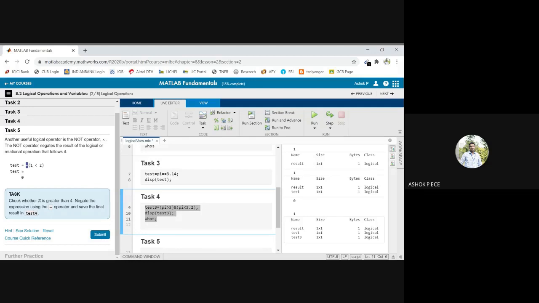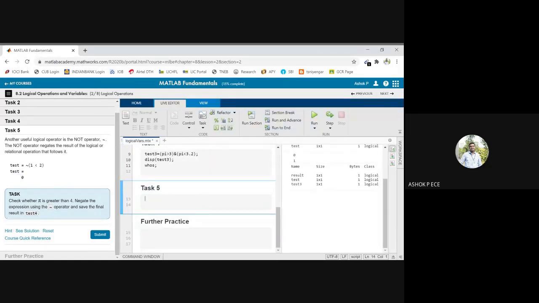1 less than 2, it is true. True means 1. NOT of 1, you will get the answer as 0. So check whether pi is greater than 4. Negate the expression using the tilde operator and save the final answer in test4. Okay, so test4 equal to